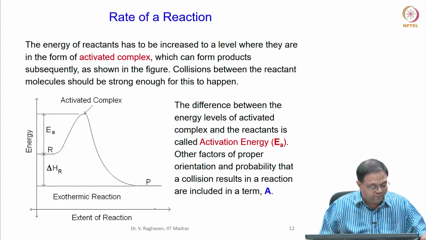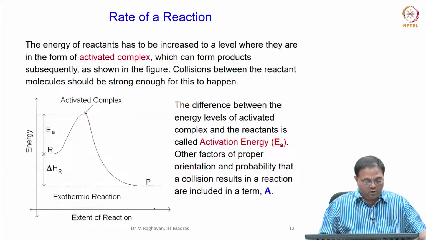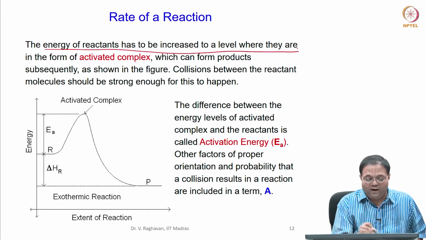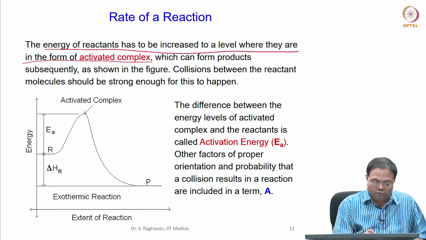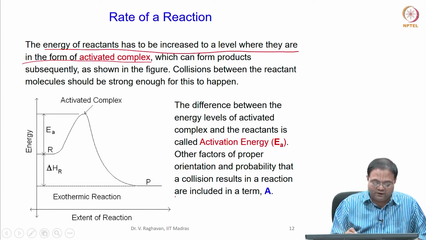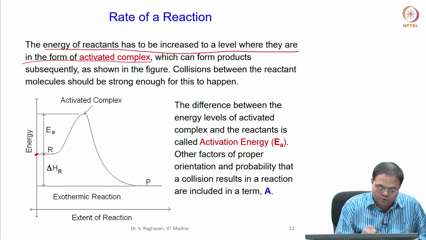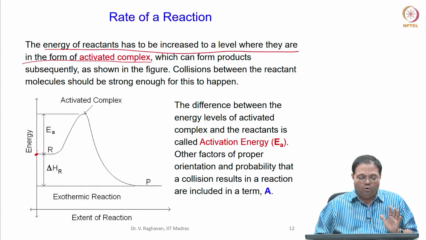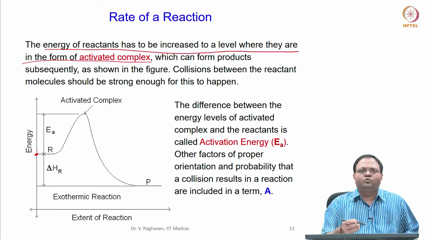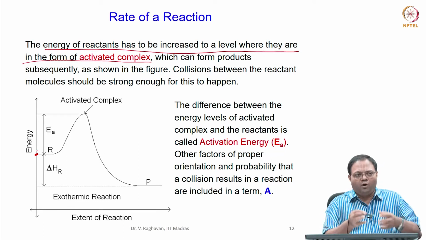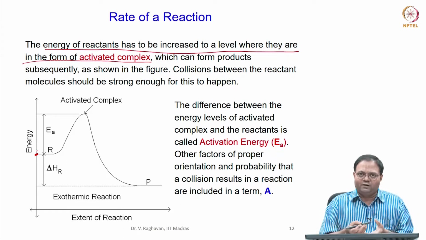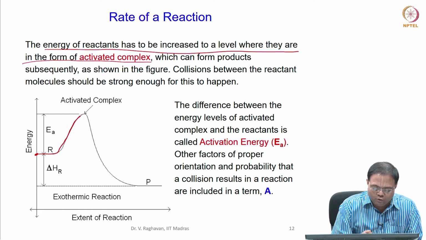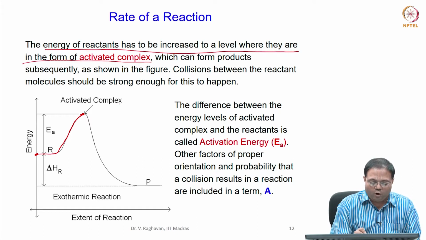Okay, now what actually happens is, the energy of the reactant has to be increased to a level where they form what is called activated complex. So, let us see this is energy versus the extent of reaction. Now, this is reactant level, reactants are at some energy level. Now, reaction cannot happen by itself. So, some source of ignition or some already available flame or hot environment etc. should be there for the reactants to increase their energy level to a value here, which is called activated complex.